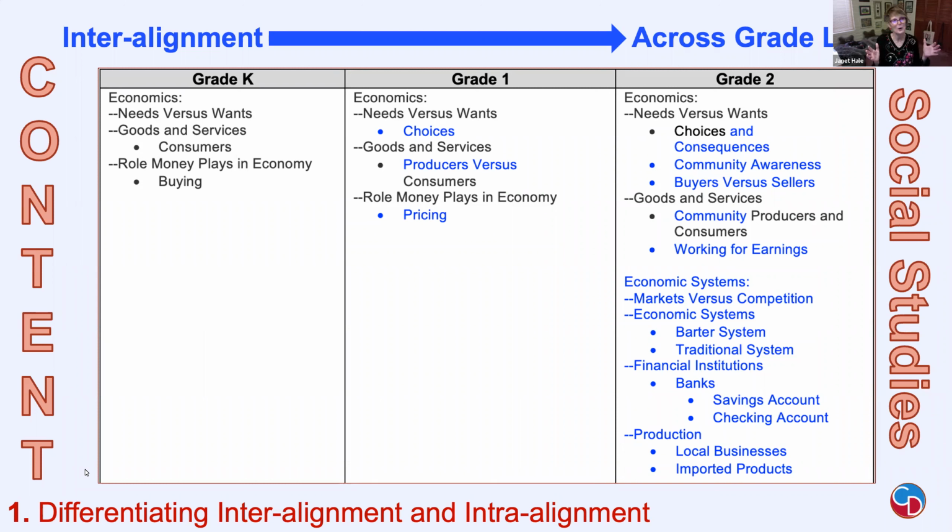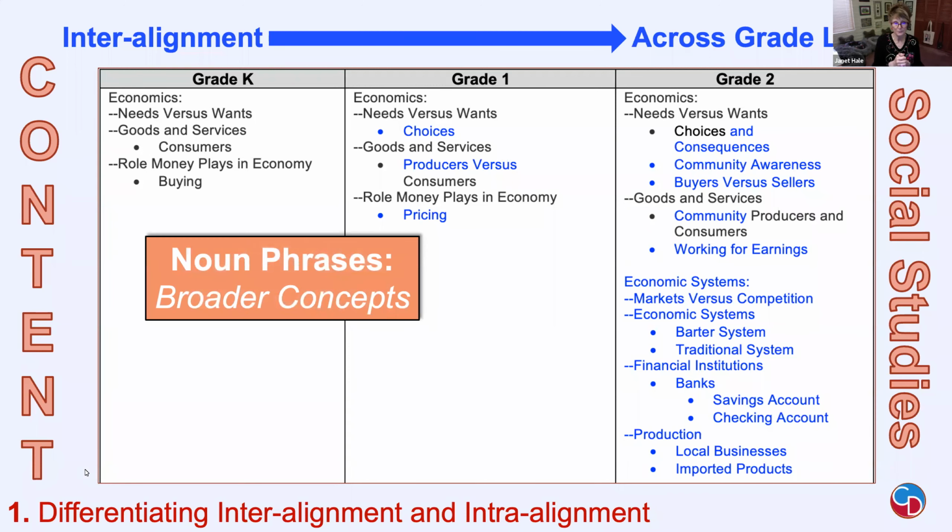So first of all, what I also hope you notice is it's kind of like, with a wink, old-fashioned outlining. Remember Roman numeral outlining? We're starting with a bigger focus, and then it seems to get narrowed down by these little double hyphens and bullets. What I want you to first understand, in the language I use, is that where you see the colons, those are your noun phrases. This is the idea of our big area that we're focusing on. So, economics. What this should tell you right off the bat is, for our learners, economics does start in kindergarten, but work with economic systems doesn't start until grade 2. How do we know that?